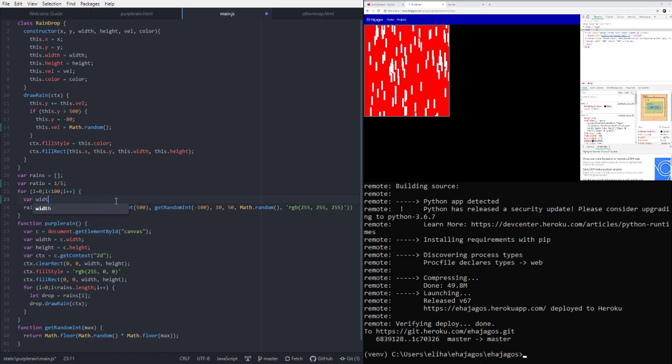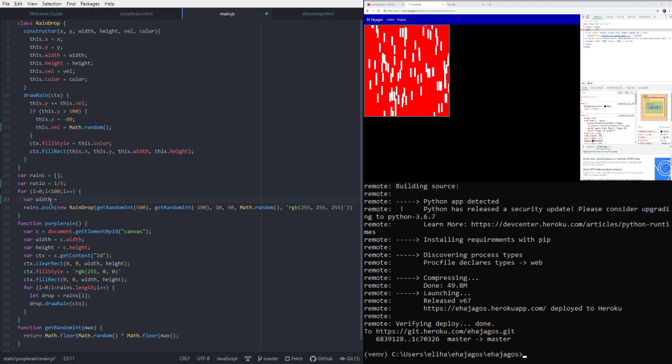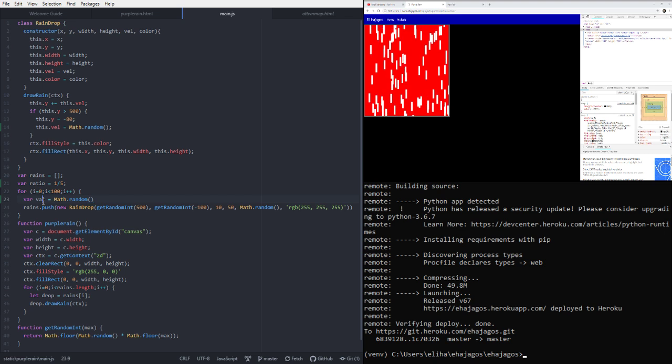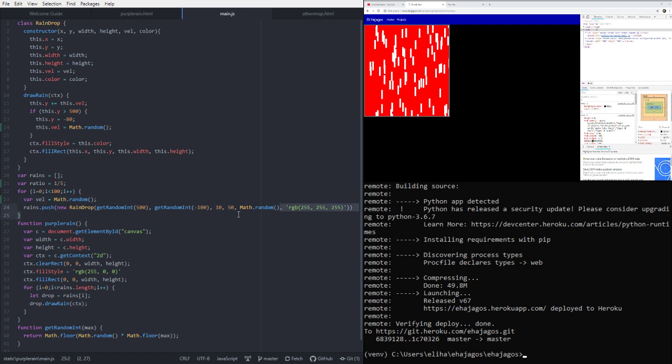Variable width is equal to, okay, so first of all we're going to have variable velocity instead of width first. Is it val? No, it's vel. Stupid me. Right, so we have velocity is Math.random. Let's replace this with velocity. And what we should do is